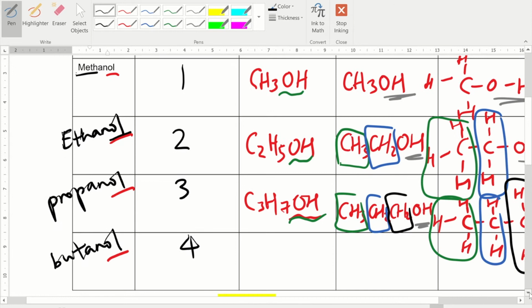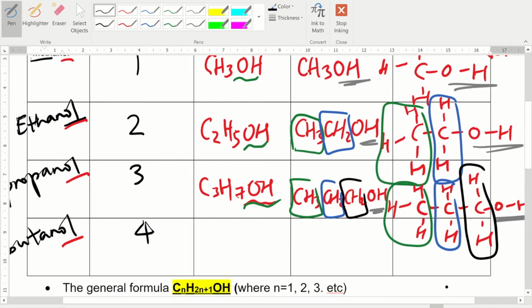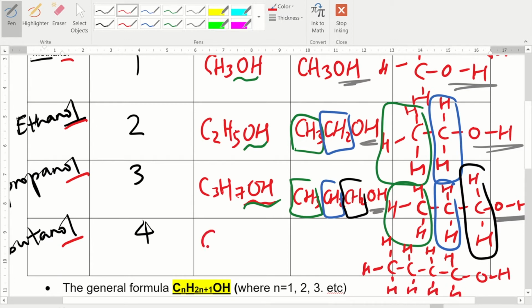Okay, so last one, butanol. For butanol, there are 4 carbons, so I will draw 4 carbon atoms. Likewise, my hydroxyl group, I always put at the side. Whenever we learn something, we put it at the side first. We don't put it in the center. So we put it at the side and fill in the rest with hydrogen atoms. So this one is